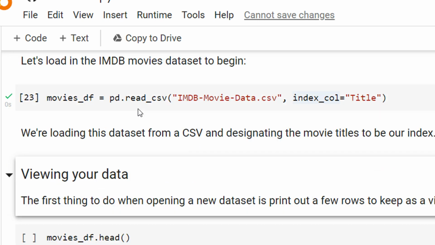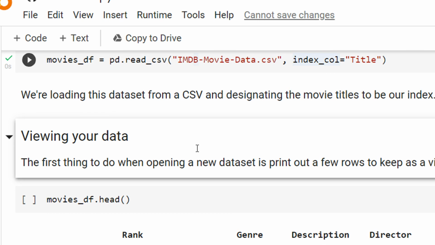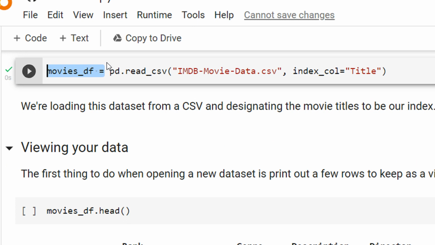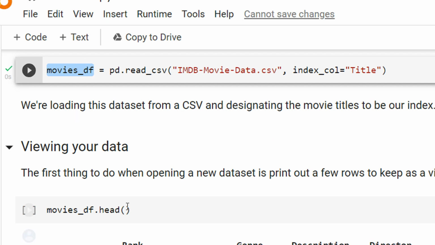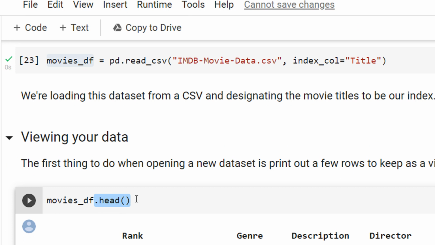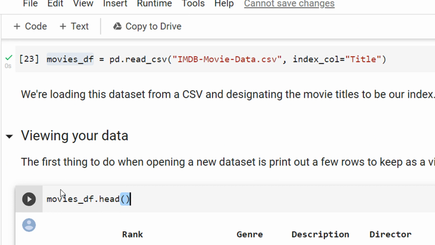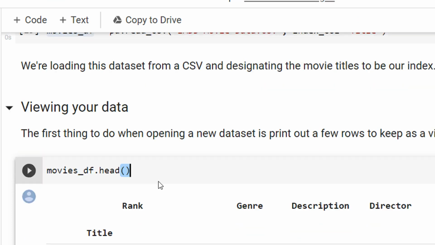Now, how do you view your data? Whenever you have loaded the CSV using the pandas library into the variable movies_df, after loading from here, you can see I'm using a function which is head. How is it a function? Round parenthesis. So I'm saying movies.head.